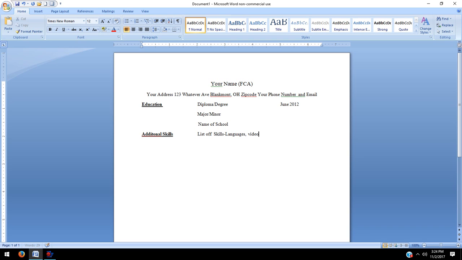Languages, video editing, music, etc. Whatever skills that you have go in this thing. And this is where anything that's not specifically related to the job would go. Just any additional skills and licensures, anything like that goes there. I like to put it at the top just because when people glance over it,